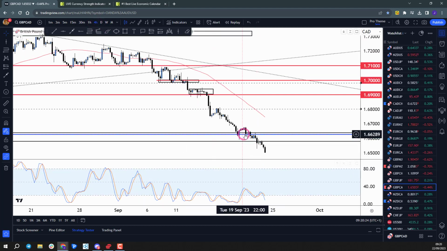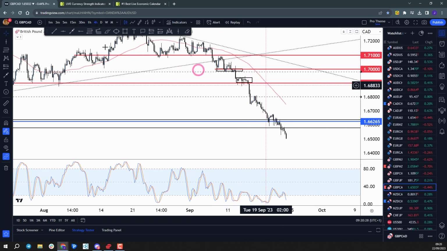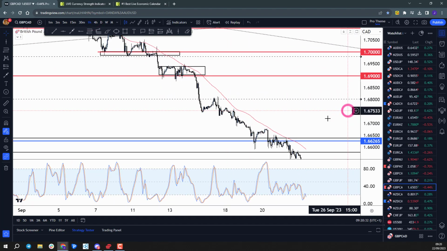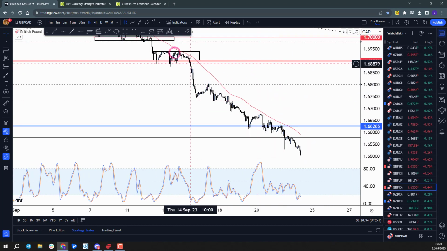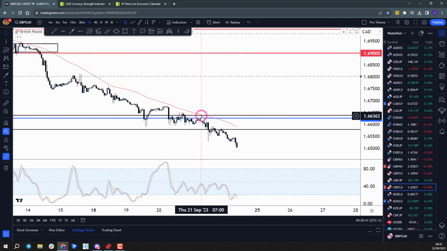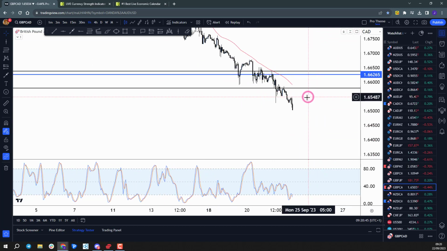So pound CAD also breaking down. Unfortunately, we haven't really been able to catch this move. You can see how far away it is. Even if we go to the hourly chart, you can see we haven't really tested the 50 all the way down. We tested the 50 on the 13th of September, but there's no test since. We came very close here on the 21st, or yesterday, but since then we haven't really tested it.